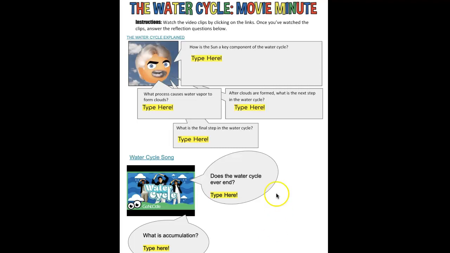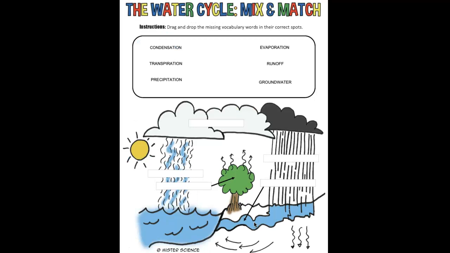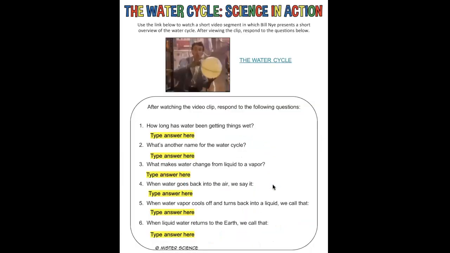Next, there's 2 short videos. This one is like by far my favorite. Watch the video, answer the 4 questions, and then here's a Go Noodle on the water cycle with 2 questions. Okay, both videos very short. Pay attention, enjoy them, and answer the questions. This is like a drag and drop station. So these boxes right here are drag and drops. So you grab the word and pull it into whatever box you feel like is represented at that point in the water cycle.